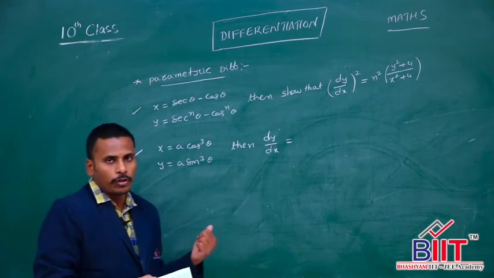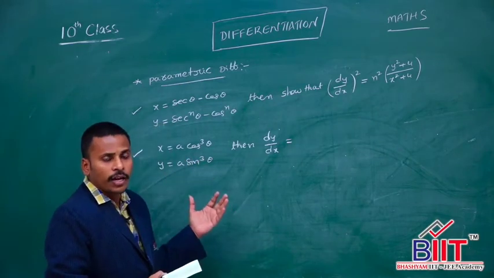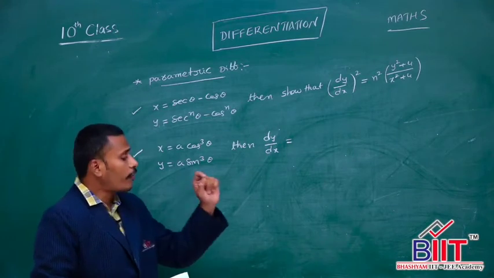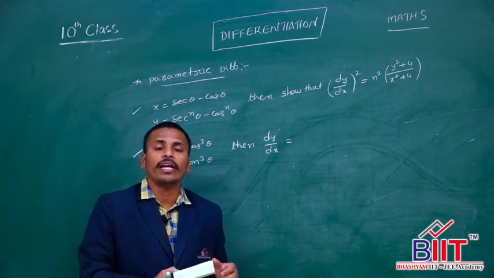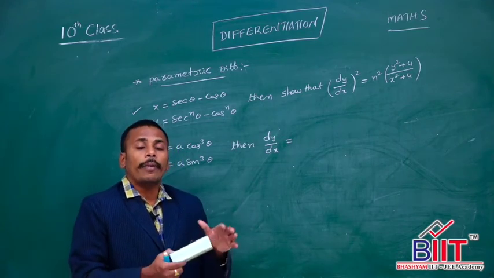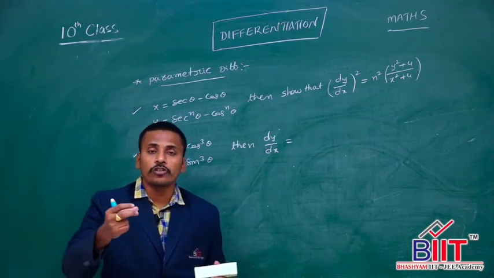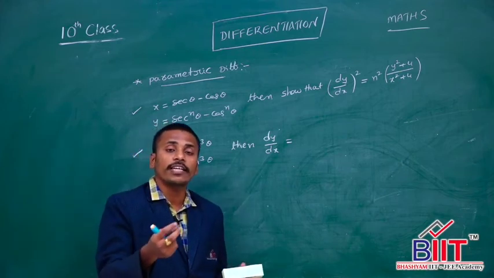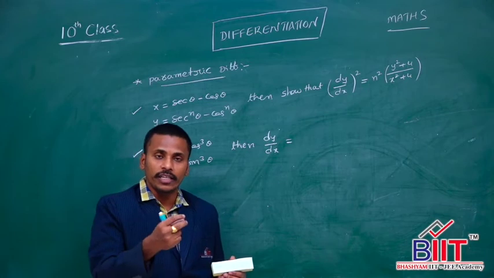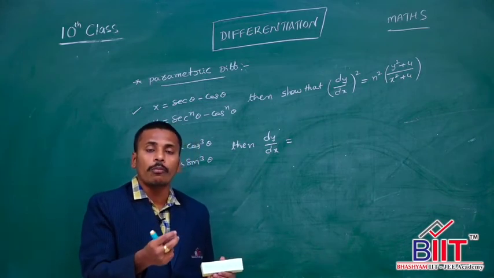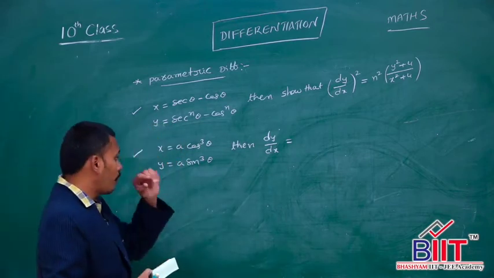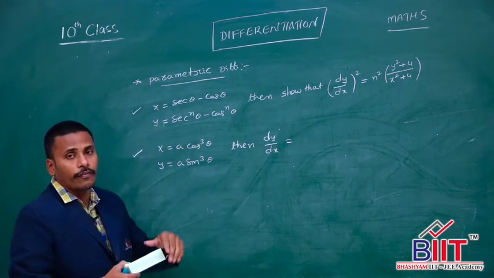Okay? Look at the board, and I have 2 problems here related to parametric differentiation. As I said, differentiation is the process of finding derivatives, and this particular chapter, differentiation, mentions different procedures, and we call them methods of differentiation. Different methods of differentiation are used to find the derivatives or to solve problems related to the derivatives of different functions. And the next method of differentiation, here it is, parametric differentiation.